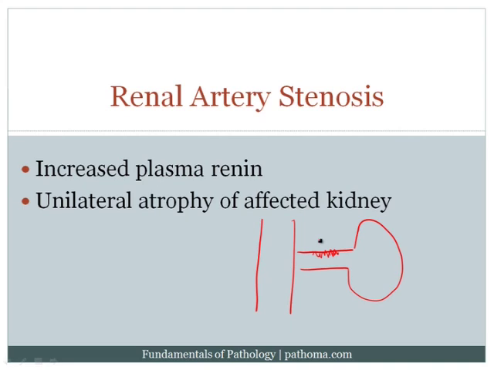Of course, angiotensin 1 then goes to the vasculature of the lung and gets converted to angiotensin 2 by angiotensin converting enzyme. Angiotensin 2 does two things to raise the blood pressure, so it's kind of conveniently named. Number one, it directly contracts arteriolar smooth muscle, so that increases the peripheral resistance. And so that's the first way by which it raises blood pressure.